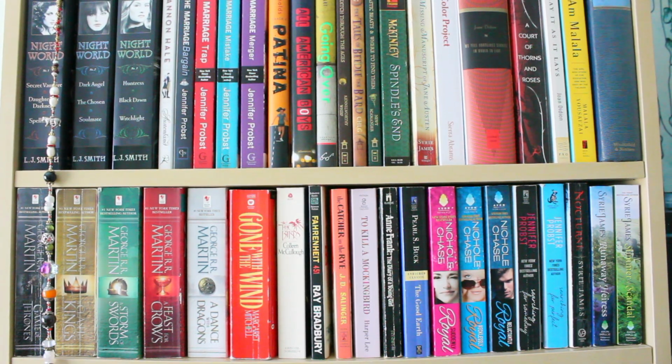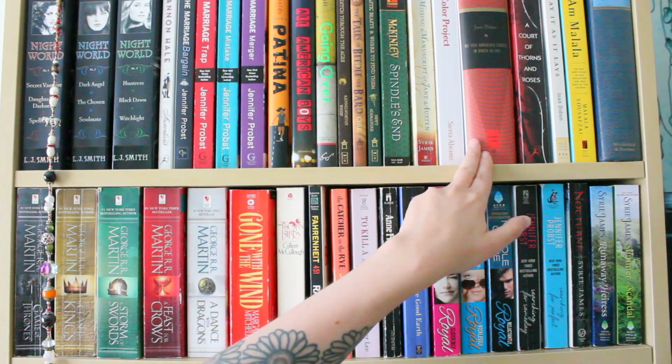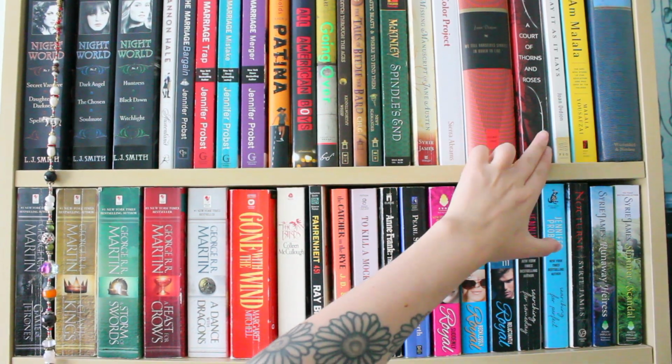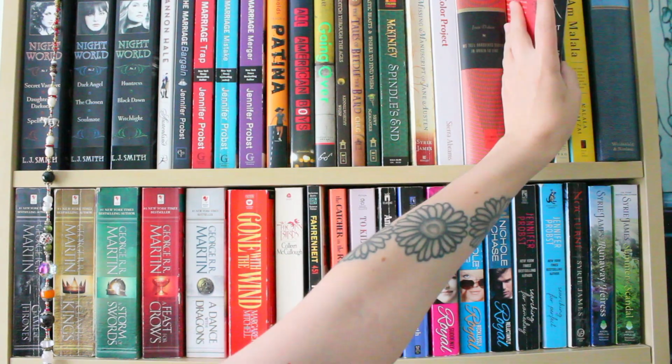She's one of my favorite writers, so I really need to get to more of the stories in here. I think I've read about half of them. I'm not 100% sure. So this is the copy of Court of Thorns and Roses I was talking about